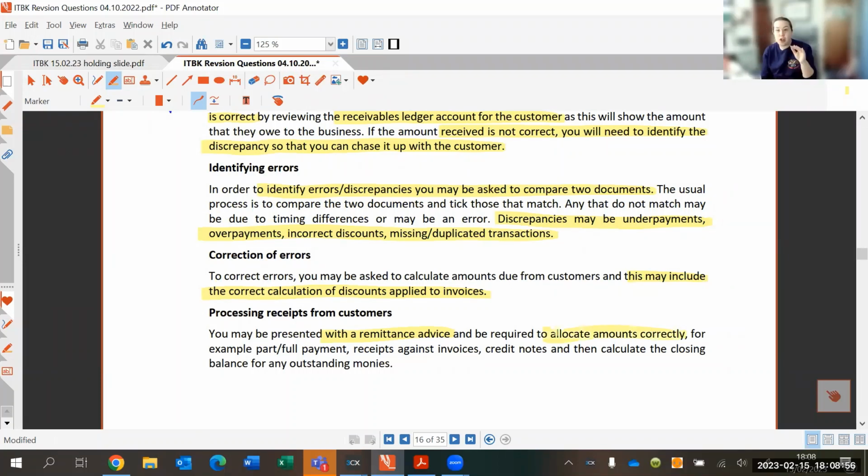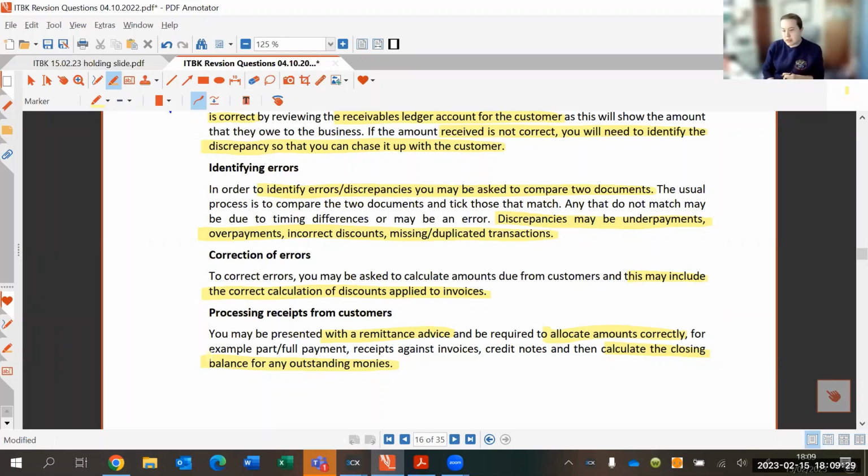It might be that they say we're paying this invoice in full, we're paying this invoice partly, and you have to allocate that across and then work out the closing balance for any money that is outstanding, which may lead to a later discussion. But you wouldn't need to do that in the task. So there's more than one way that they can test whether you know what you're doing with allocating